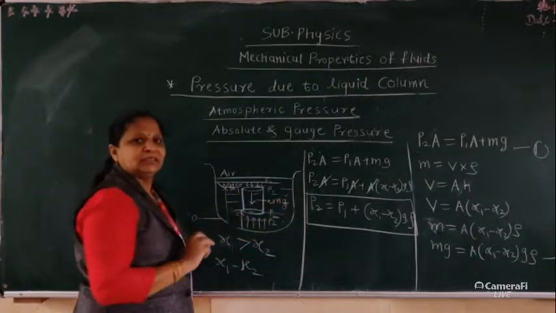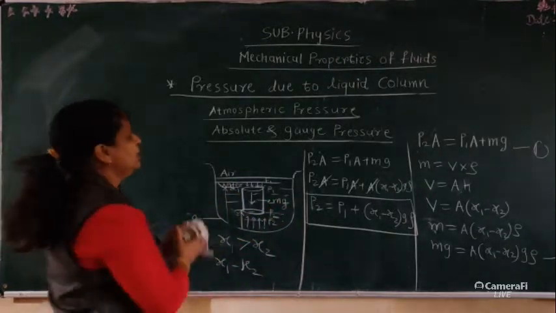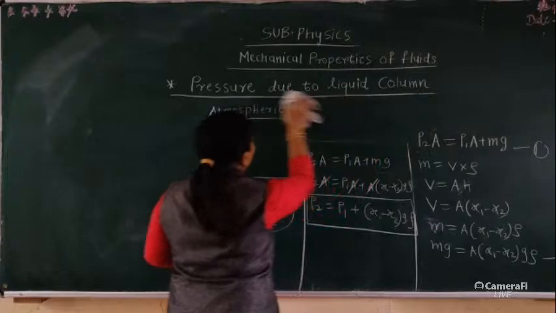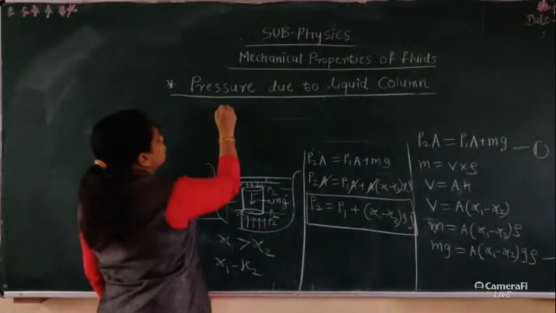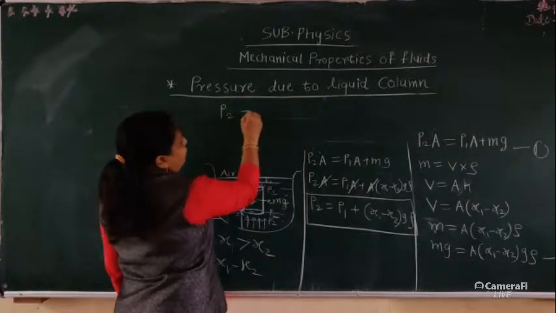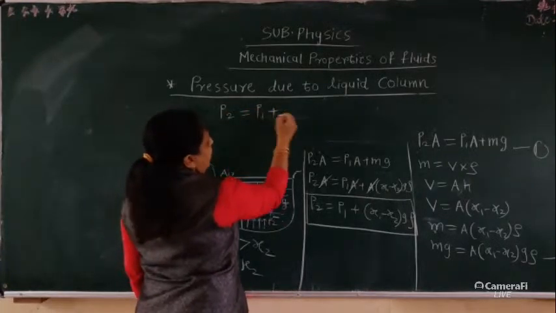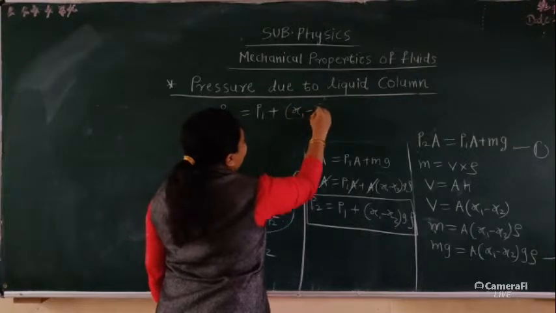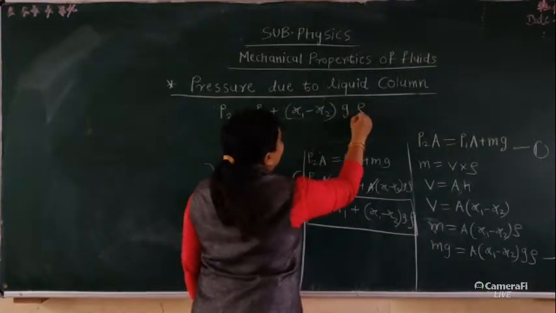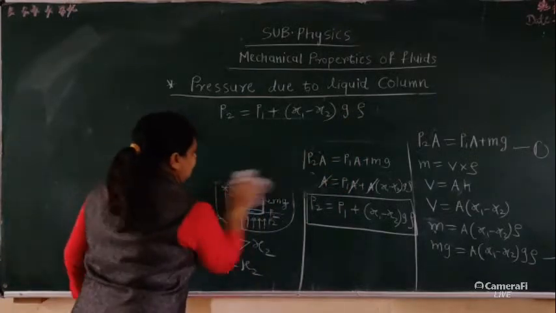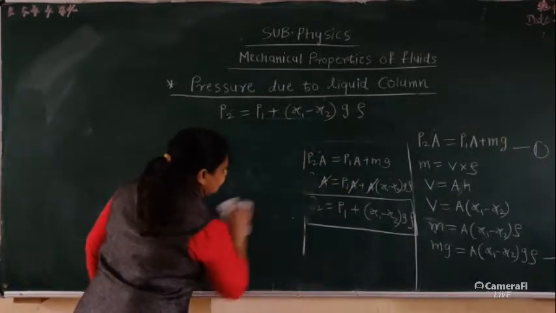तर हे इक्वेशन जे आहे ते व्यवस्थित लक्षात ठेवायचे. त्यामुळे हे इक्वेशन आपण इथे लिहून ठेवणार आहोत. पुढचे कॅल्क्युलेशन जे आहे त्यासाठी लागणार आहे. So P2 is equal to P1 plus x1 minus x2 into G into rho. Then next point is